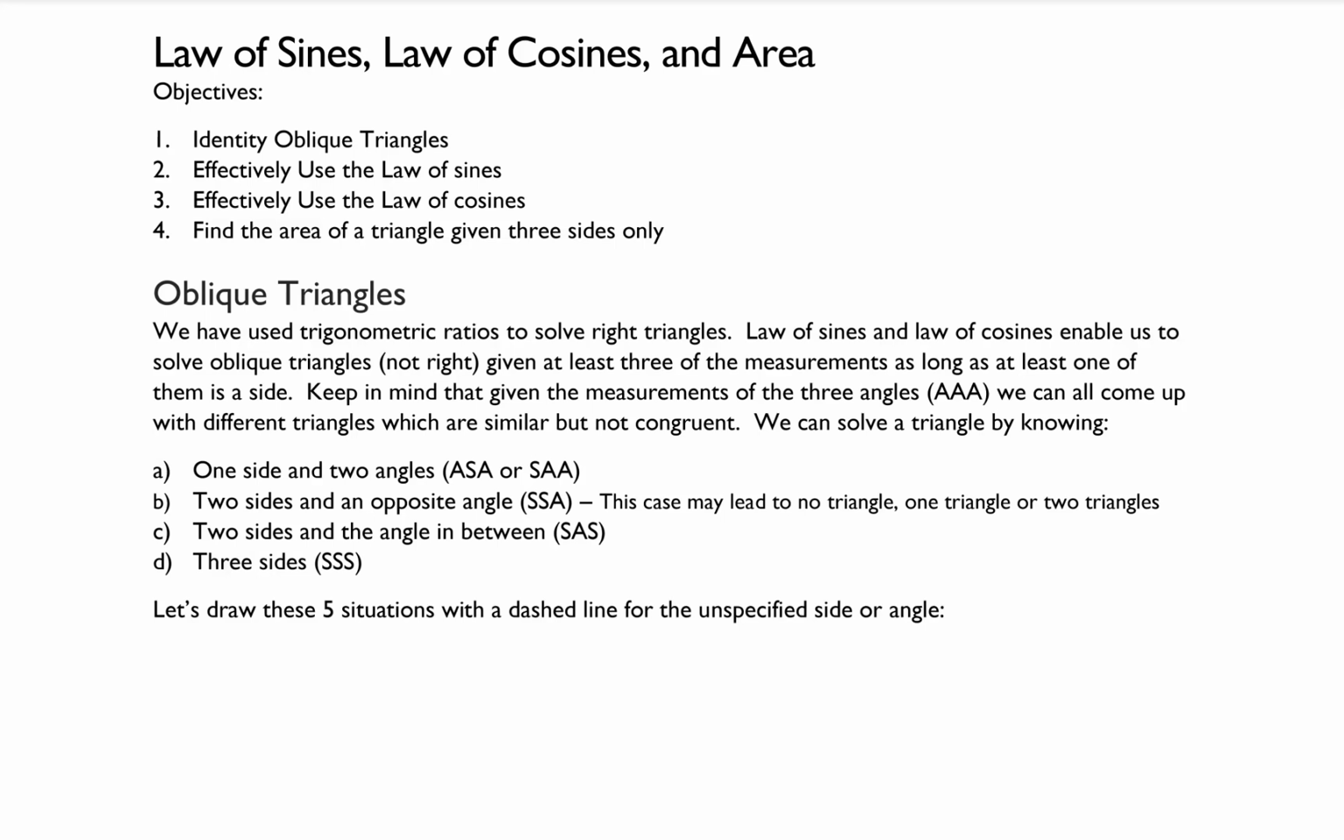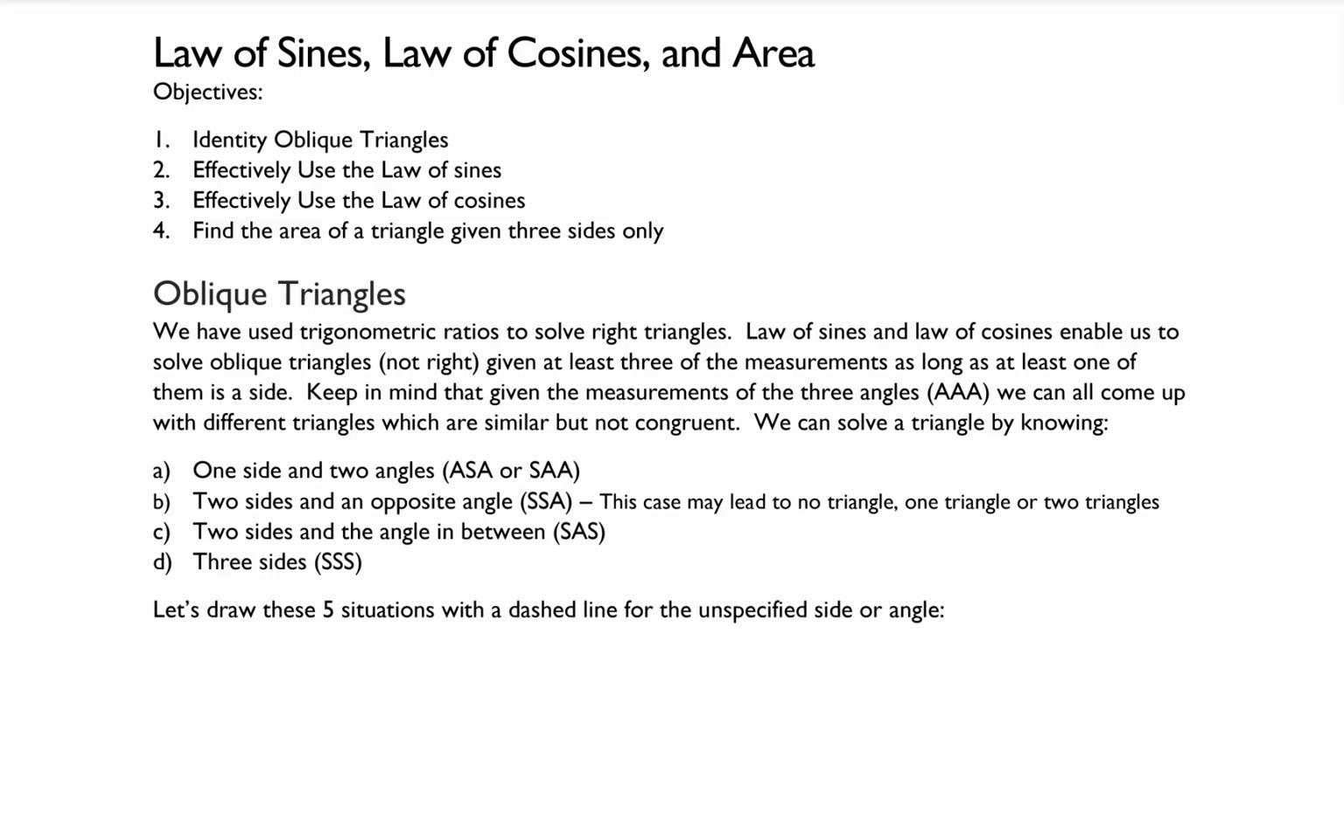Today we're going to be talking about law of sines, law of cosines, and the area of a triangle. First, let's define what an oblique triangle is. We have used trigonometric ratios to solve right triangles. Law of sines and law of cosines enable us to solve oblique triangles, which are triangles that are not right